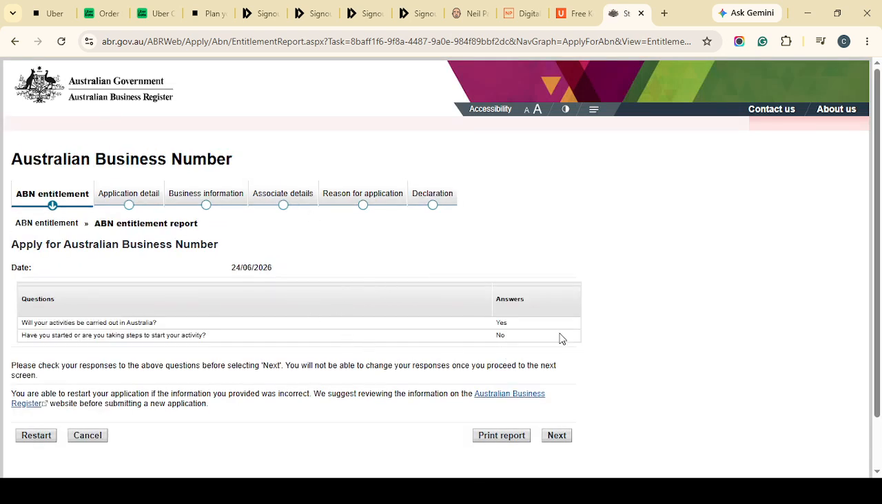When everything looks correct, submit the renewal request. Before you finalize it, it's a good idea to quickly review the details one last time for accuracy. After submission, watch for any confirmation message or reference notice on screen so you know the request has been successfully